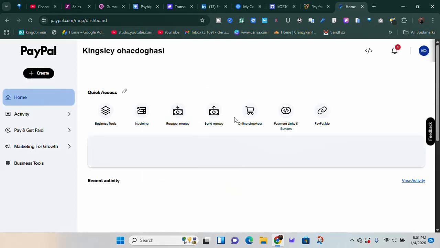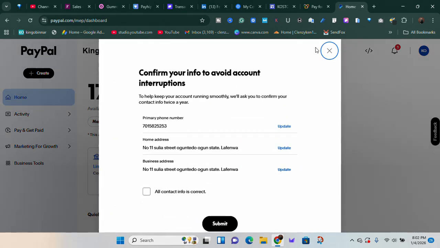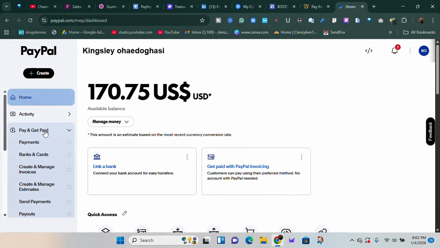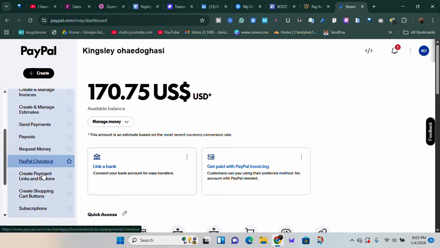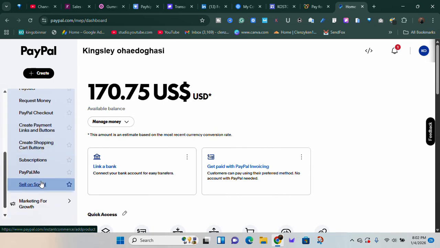There you can actually create a payment link, and in your Flutterwave you can actually just create a payment link as well, and in your Stripe just create a payment link. Look for payment links. Okay, from PayPal I can go to pay and get paid, and then I can either create, as you can see, PayPal checkout, or we can go to